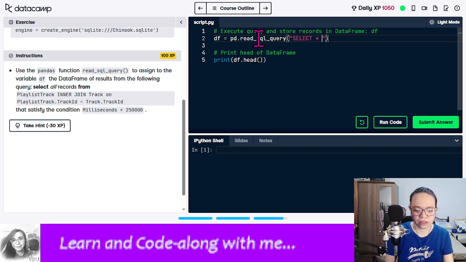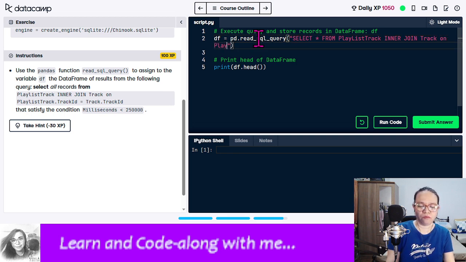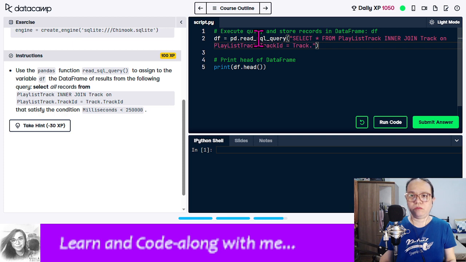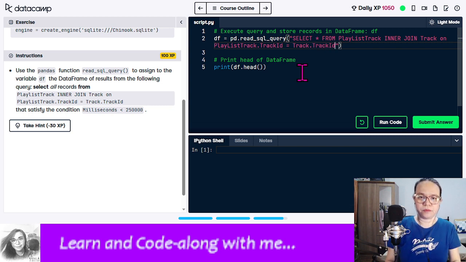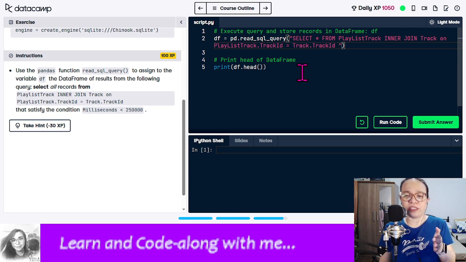Select asterisk from Playlist, Playlist track, join track from, that satisfy the condition milliseconds is less than 250,000. Where